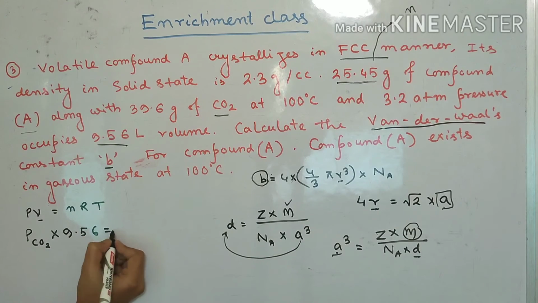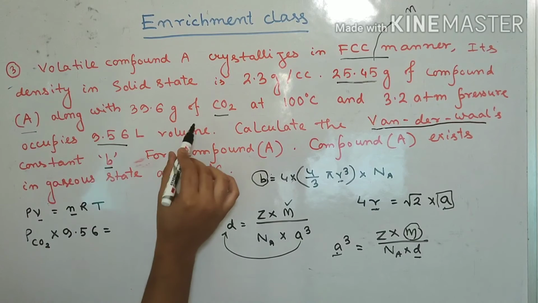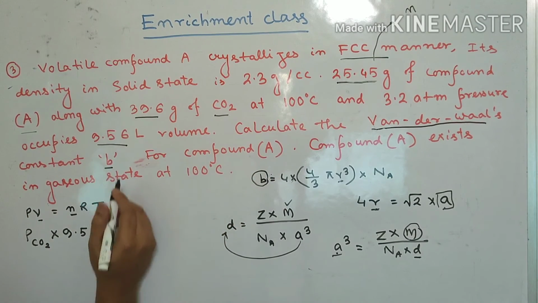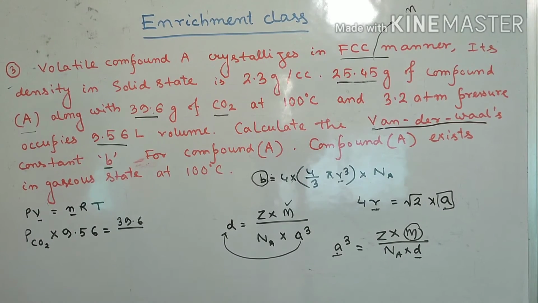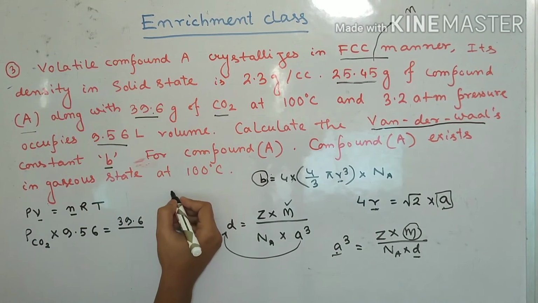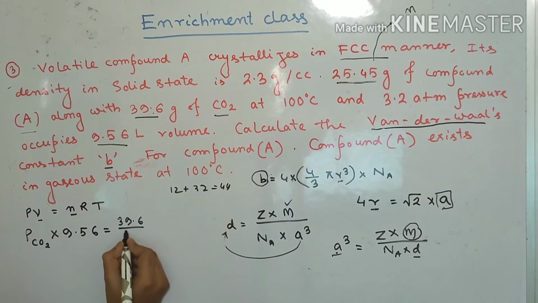9.56 is equal to the number of moles of carbon dioxide. How much carbon dioxide has been taken? 39.6 gram. So 39.6 gram of carbon dioxide, that is n, divided by the molar mass. Carbon dioxide, as we know, you can quickly calculate: carbon is 12 and it is 2 into 16, that is 32, so that is 44. So it is 44